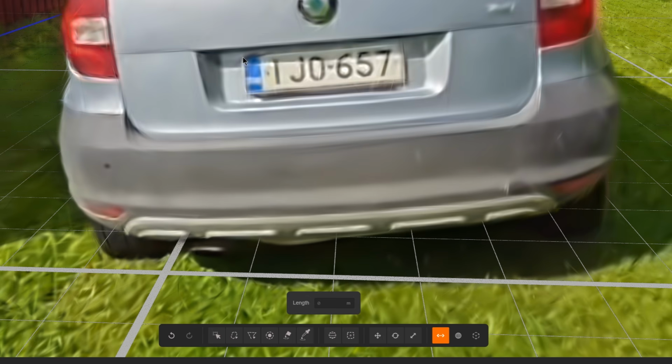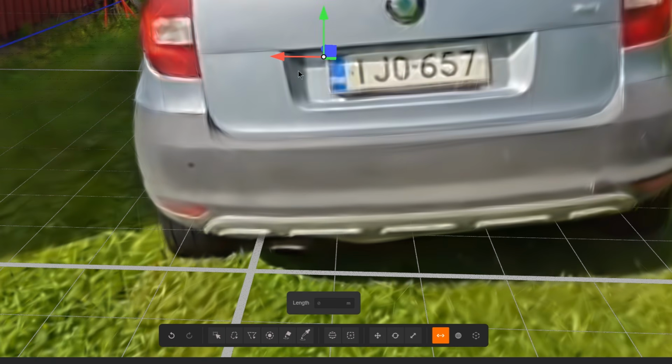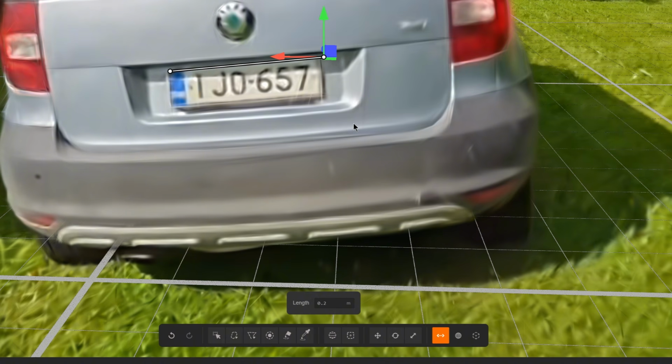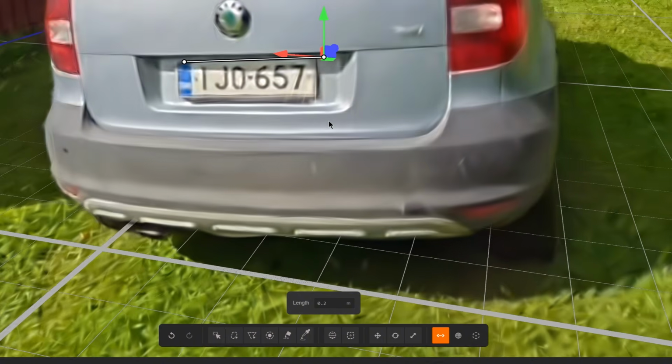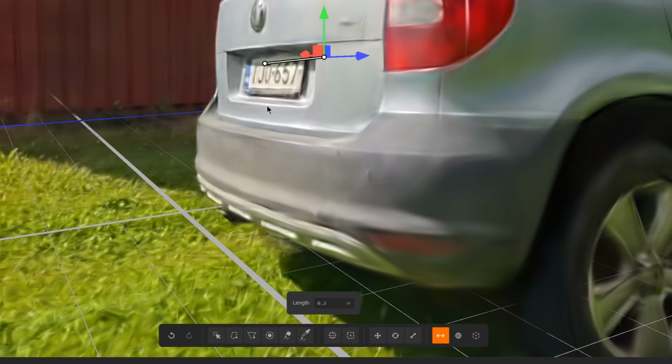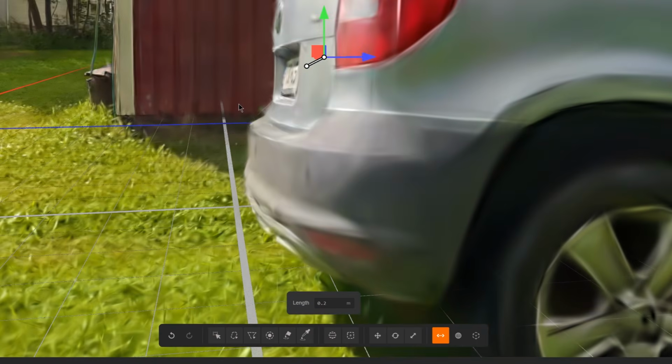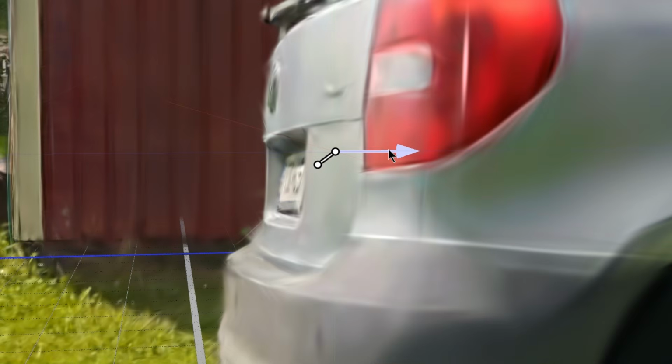So I double-click on this corner of the license plate to get a placement for measurement point A, and then another double-click over this corner to get a point B. Then it is good to rotate the view a bit so that we can see how these points are placed in depth dimension. With the transform gizmo, we can move and define more accurately the placement for both measurement